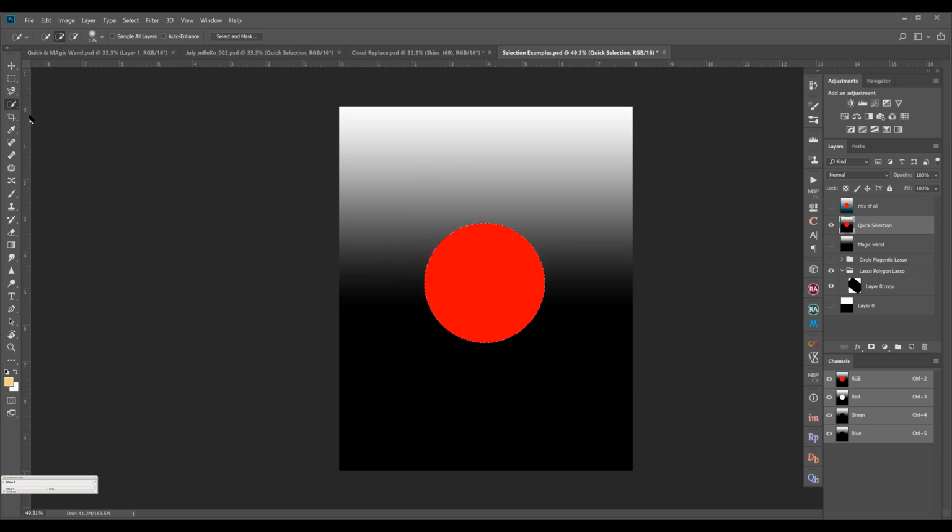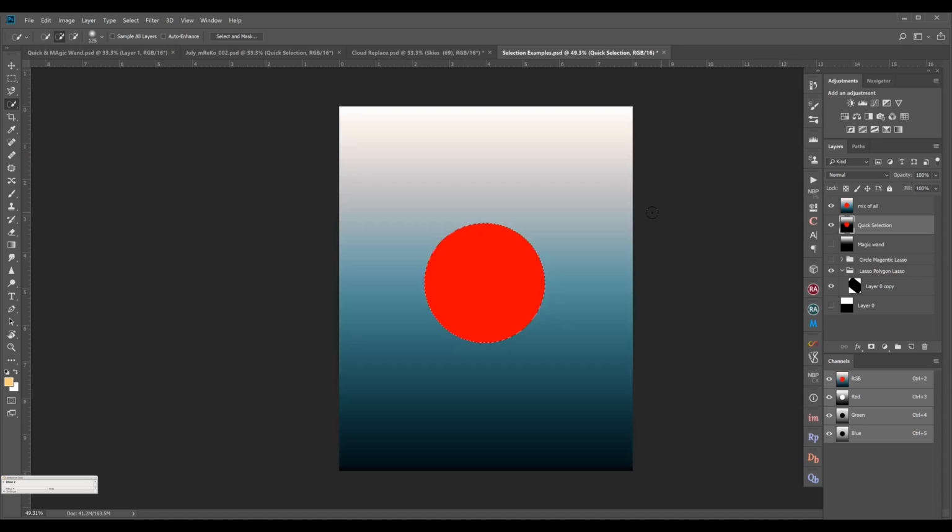The magic wand tool, what happens is that many of the time, for instance, in this particular area, if you use the magic wand tool, since there is a lot of color variations, it behaves a little weirdly because there are a lot of tonal shifts and other things. So in this particular kind of thing, what you can do is that you can use either the magic wand tool or the quick selection tool for getting precise selections.